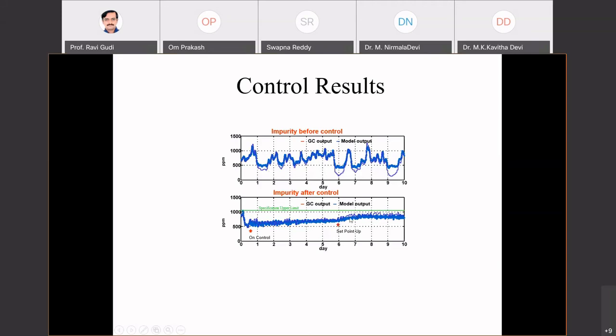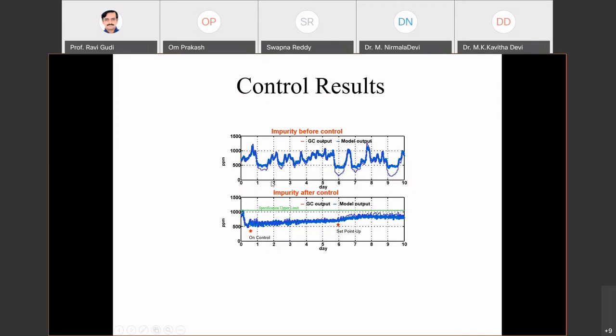Now, why is this important? This is important because, remember, I told you that this is a high purity distillation column. And whenever you are operating a high purity distillation column, the energy required for this high purity is very high and it increases as I go to higher and higher purities. So as I go to higher and higher purities, which means the impurity levels go down to 500 and lower, this is a really high purity, much higher than what is actually required to be delivered. Okay, the energy expended here is huge.